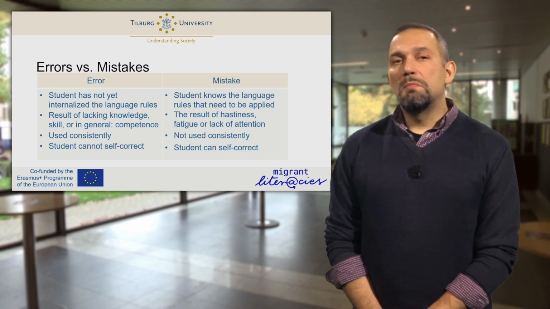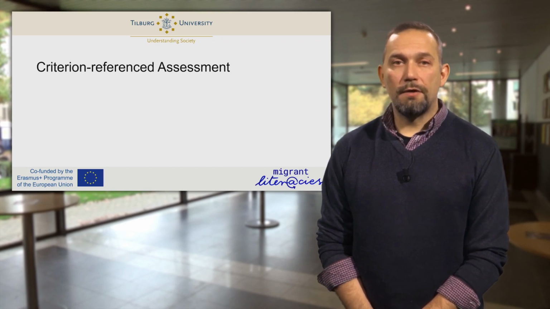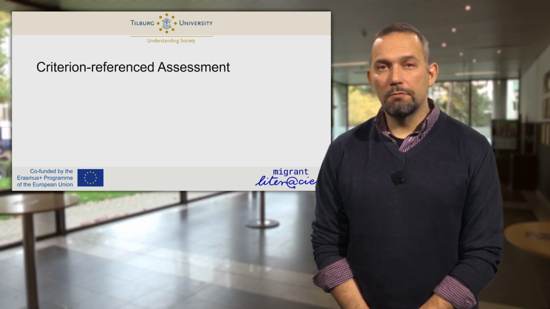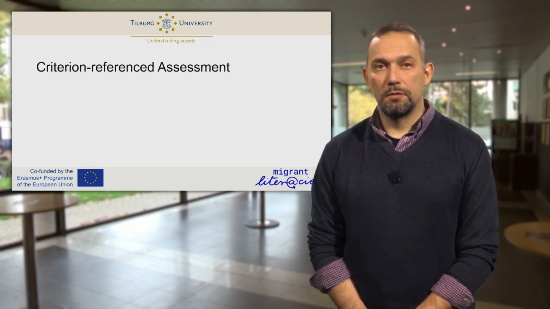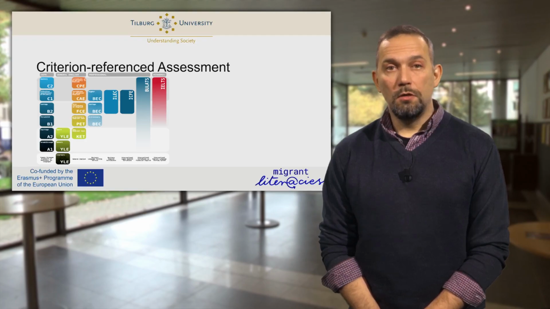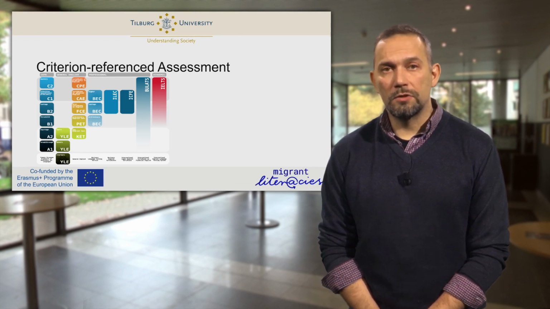What does this actually imply? That in the moment in which we do take care of making a difference between error and mistakes, we can also move to a criterion referenced form of assessment. Think, for instance, of a common European framework for foreign languages,